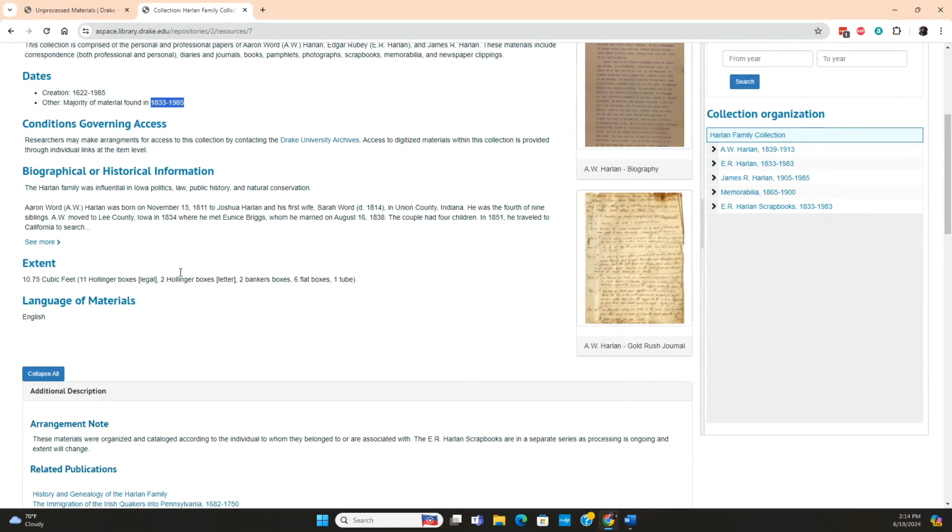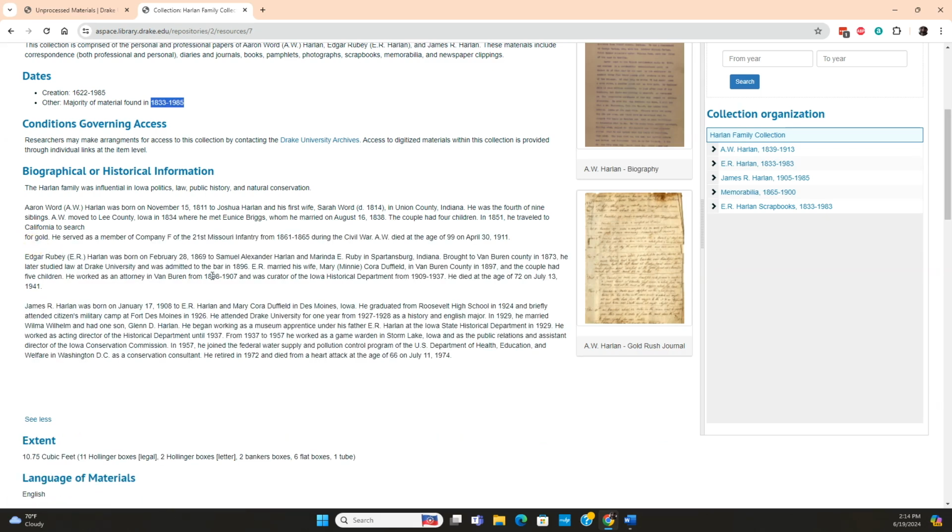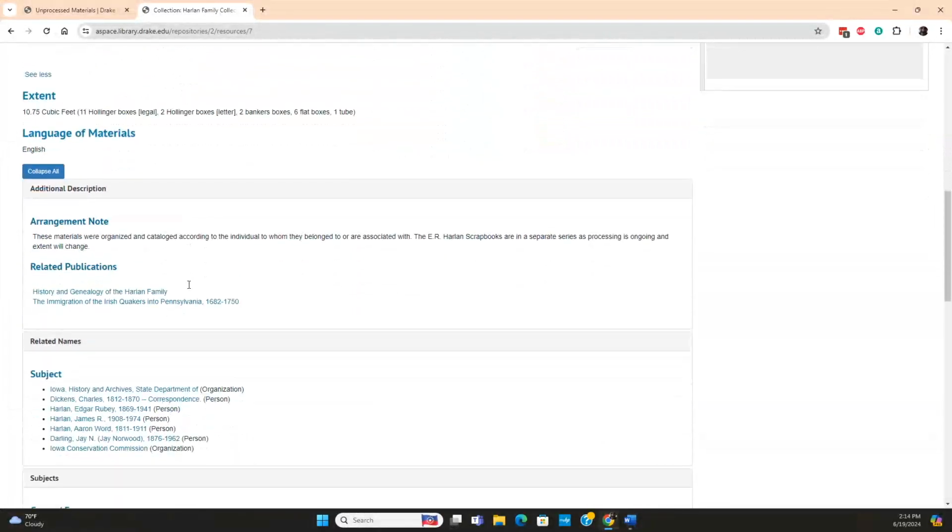The Conditions Governing Access note provides a means of contact with the archives, as well as information about access to the digitized materials in the collection. The biographical note provides information related to the creators and subjects associated with the collection. In this case, there's a short biography of 3 members of the Harlan family, which are represented in the collection. The extent note